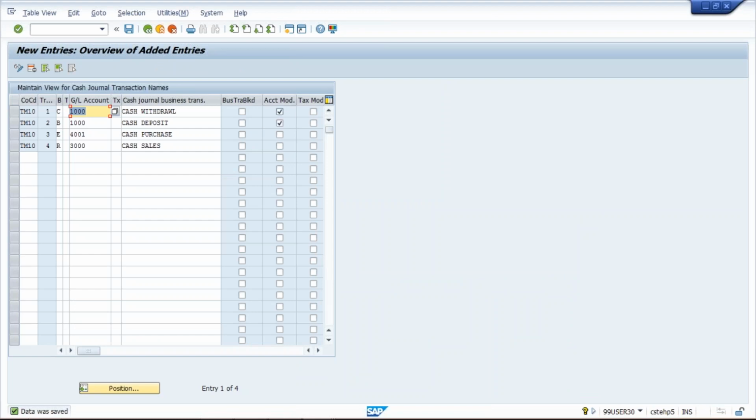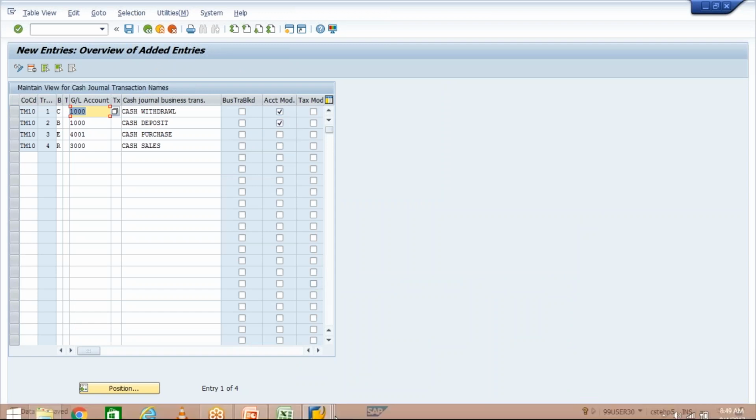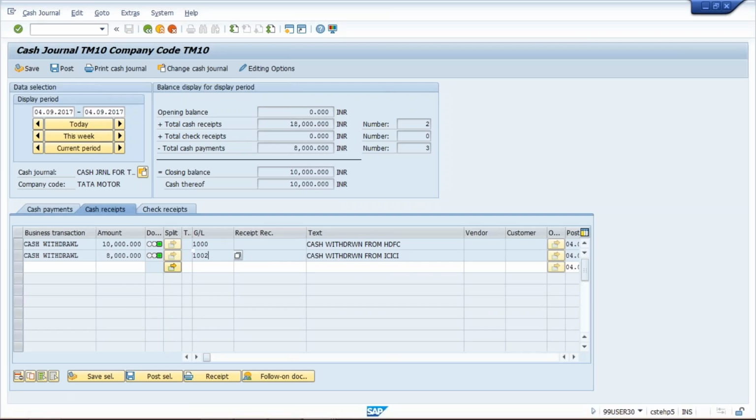Once we apply a check mark, then during posting of cash journal transactions related to cash withdrawal or cash deposit, the bank GL field will be turned into an editable field, and here we can edit and give as input whatever required GLs are there, and that's how we can post the transactions.